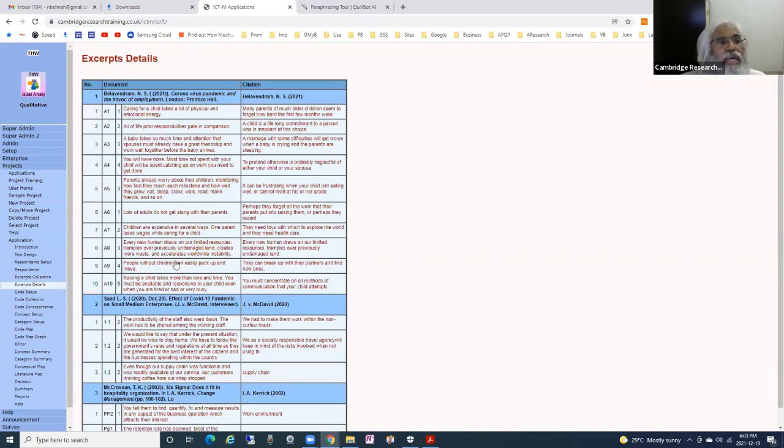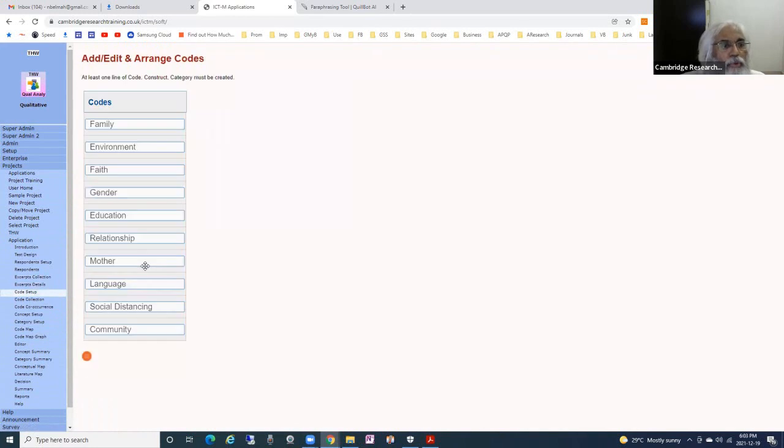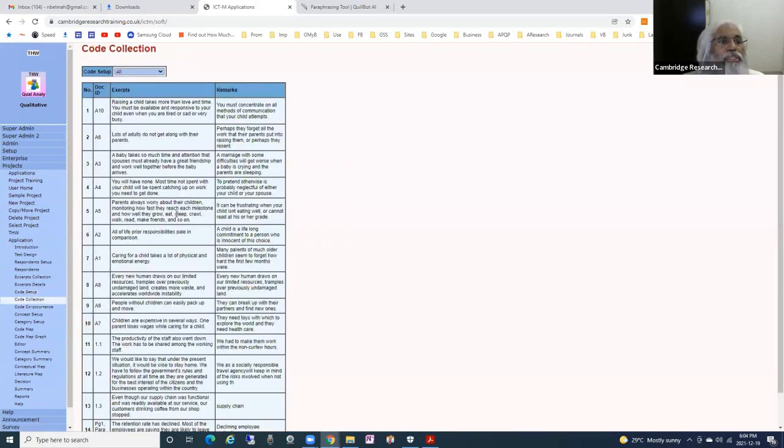excerpt details. These are all the excerpt details. And from each of the studies, the questionnaire, survey, and so on, focus group. And from here we create the codes. In literature review, you do it in the mind map. But here we start with the codes. We put the codes, and this code collection, you can see that